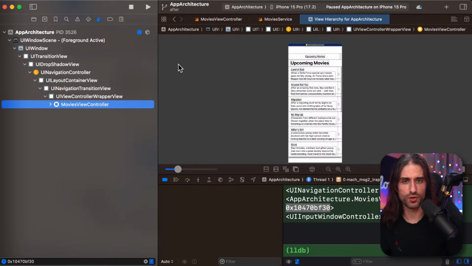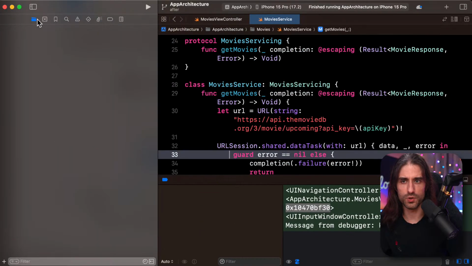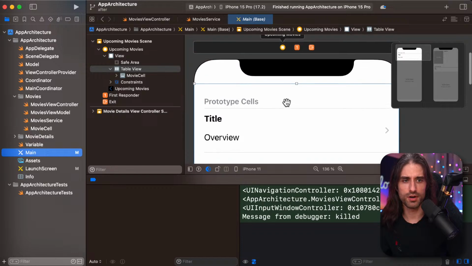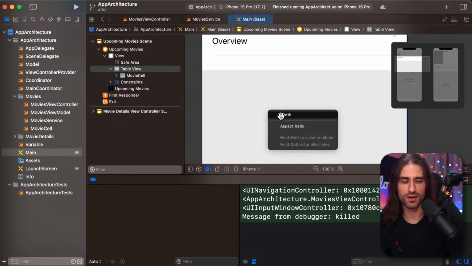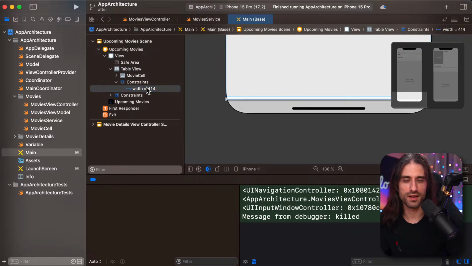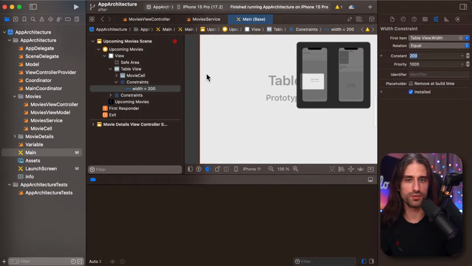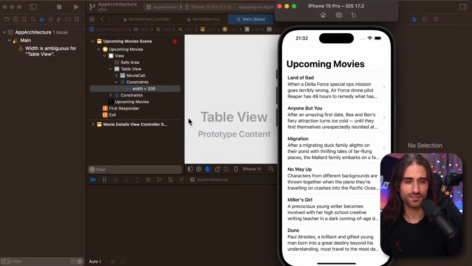I'm going to try and do it with a broken constraint also. So let me go to the main storyboard. To break the constraint, it could be very easy. I can just add a constraint for width that makes no sense. I'm going to say width equal 200, which doesn't make sense because I also want to have the view pinned to the leading and trailing borders.